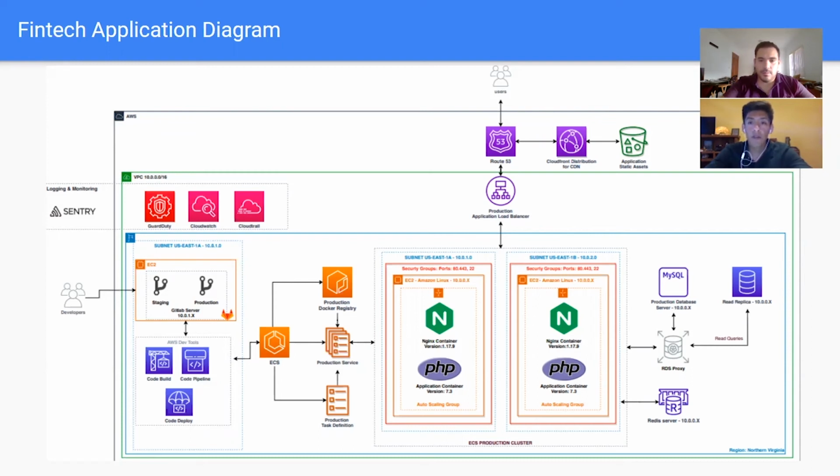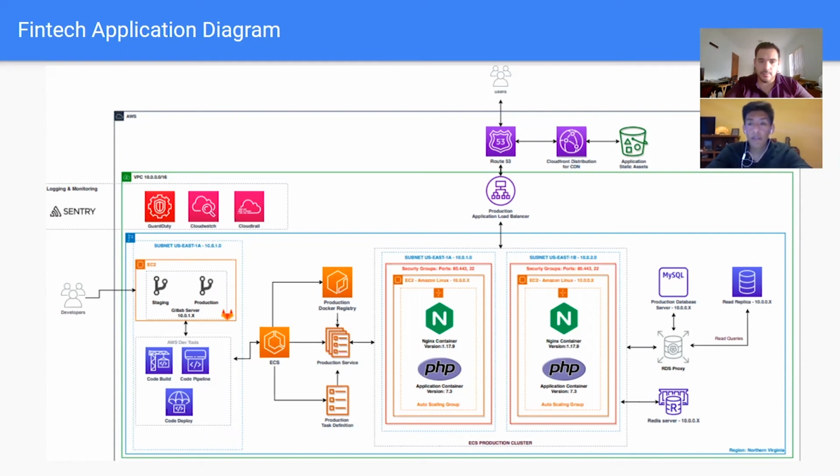But we also have GuardDuty. GuardDuty is a newer resource from AWS, and it analyzes CloudWatch and CloudTrail and other logs like Sentry logs to tell us if there is something wrong with the application, or we have an intrusion, or we have something that we need to fix in order to meet the security criteria. Okay. So that's CloudWatch or that's CloudTrail?